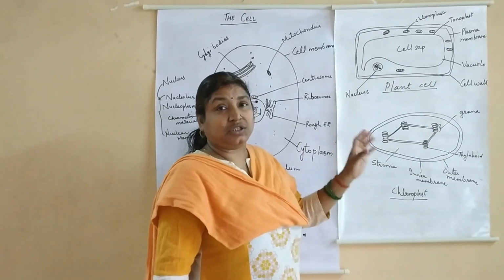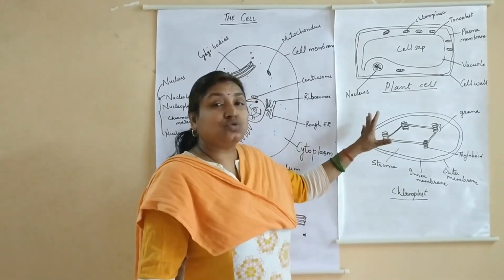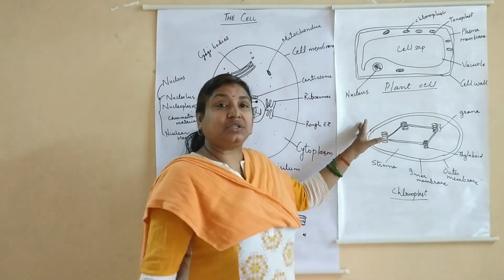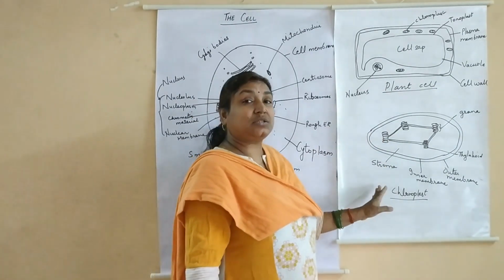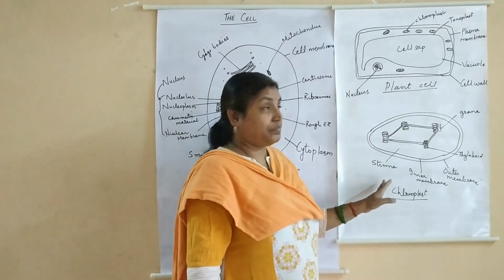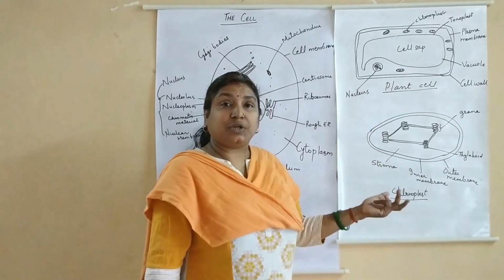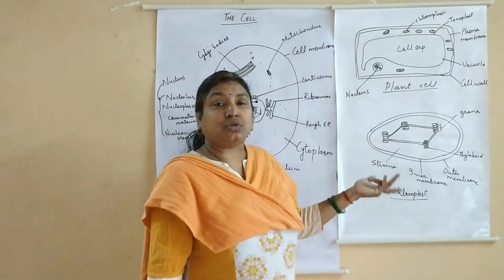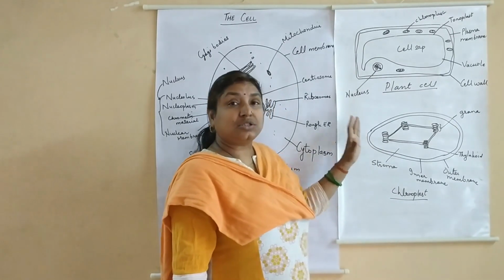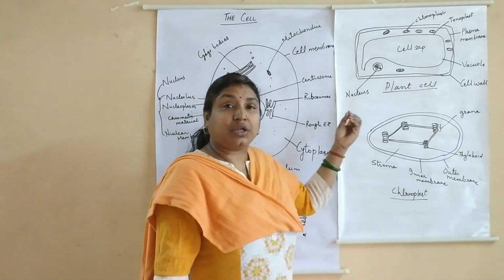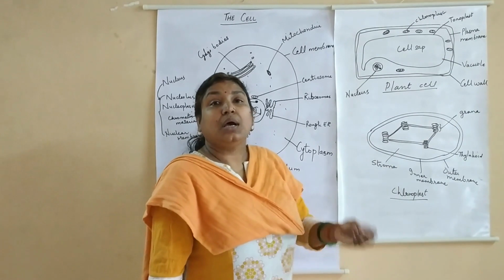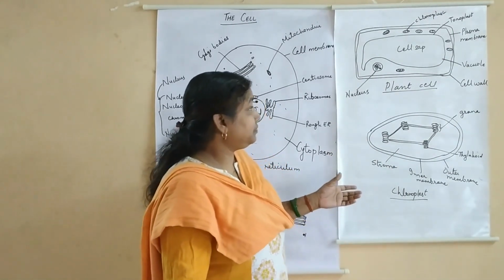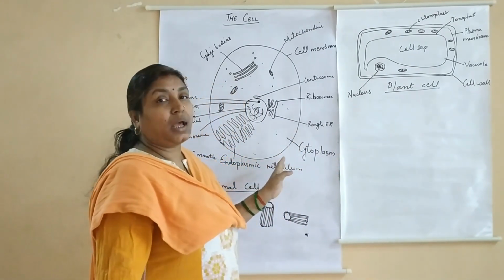Many books show it as a kitchen. A kitchen is a place where we cook. Plants do not cook food; they manufacture food. And where things are manufactured, they are known as factories. So the chloroplast is the food factory of the cell, where starch and glucose are produced, stored as starch, and later utilized again as glucose. This is the reserve food material for the plant itself as well as for the entire animal kingdom and living system. So this is all about your plant cell and animal cell.